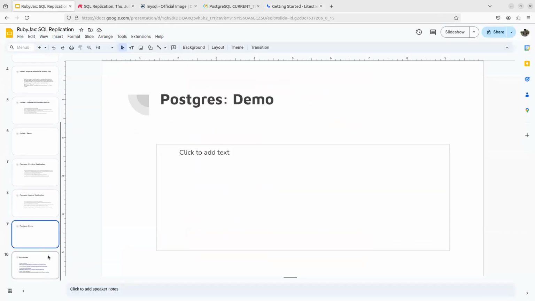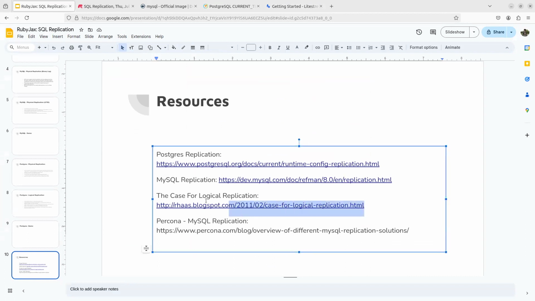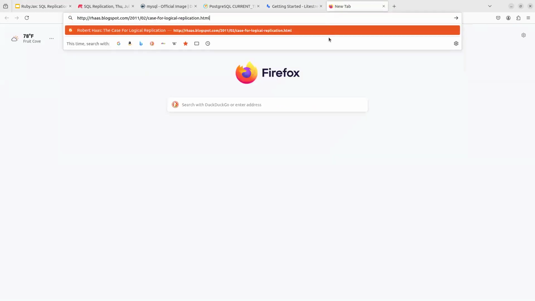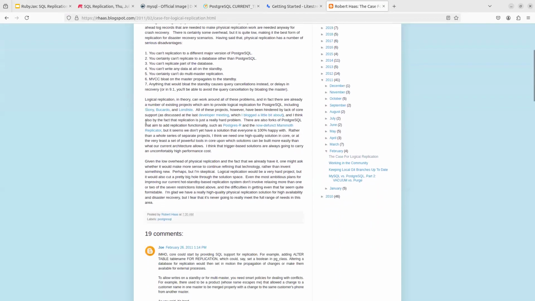That's all I've got. I put some resources for guides that I read for setting up the different replication strategies for Postgres and MySQL. This article in particular was interesting. The logical replication that we were just going over is a fairly recent development. This is an article from 2011 from someone that is trying to advocate for logical replication,